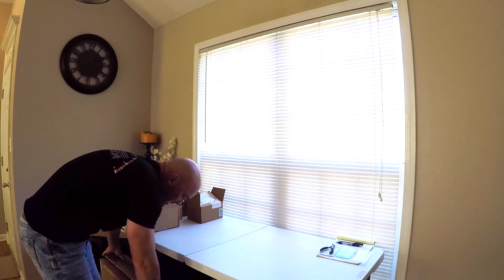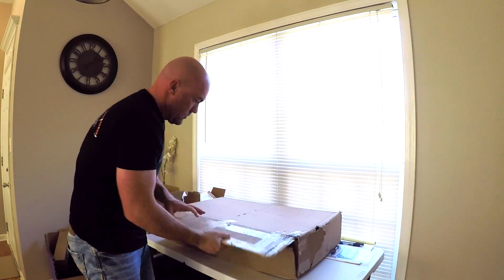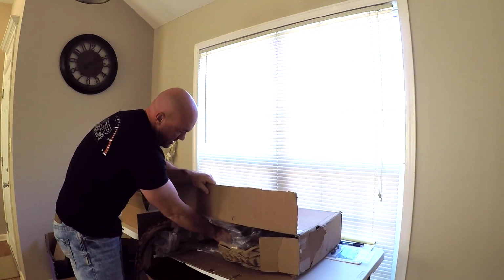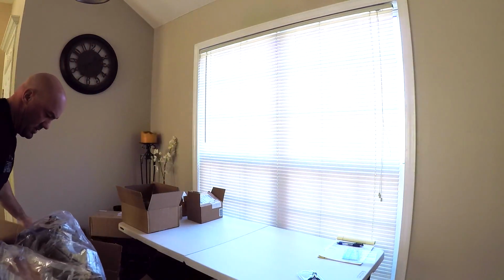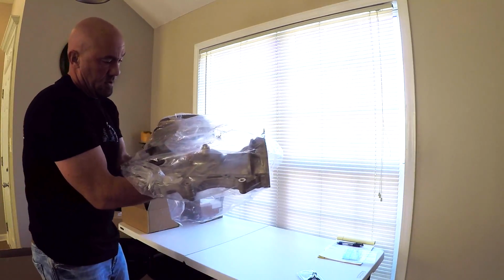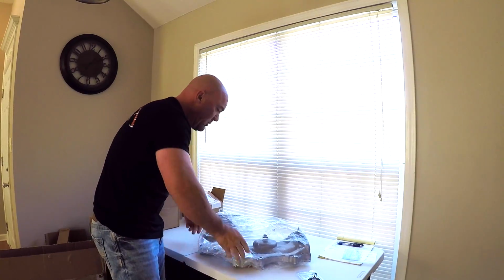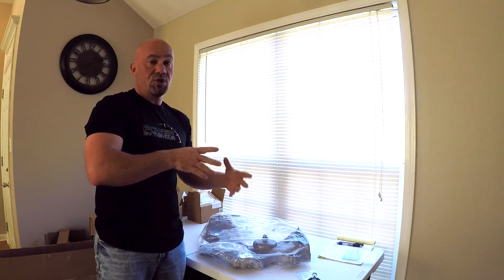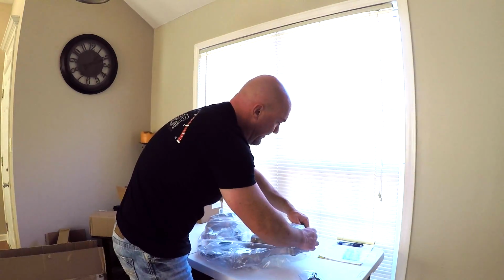So number one, epic, enormous box. This is going to be the timing cover. Get all this stuff out of the way. There you got it. Okay. There's a few very important reasons why I had to have this timing cover. If you watched the video where we kind of broke down the difference between the F-150 engine and the Mustang engine, I showed you on the F-150